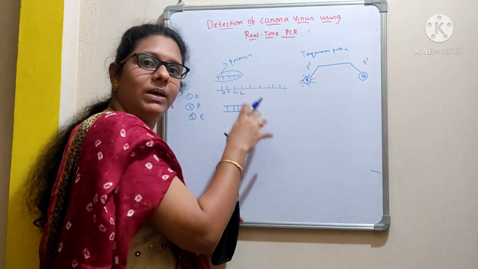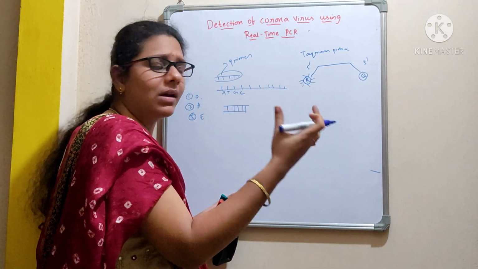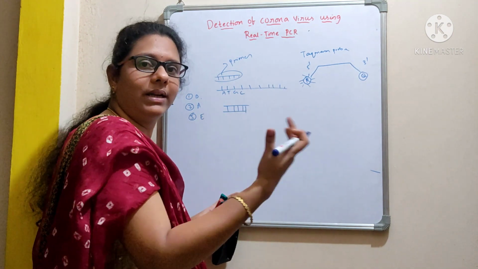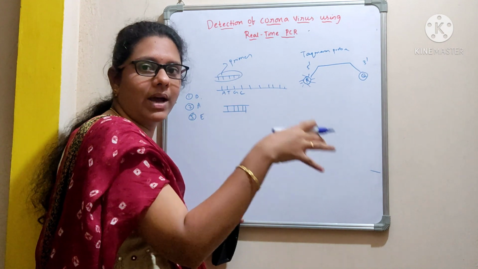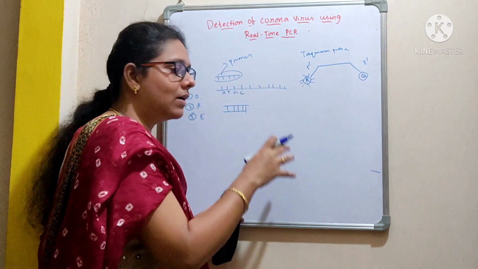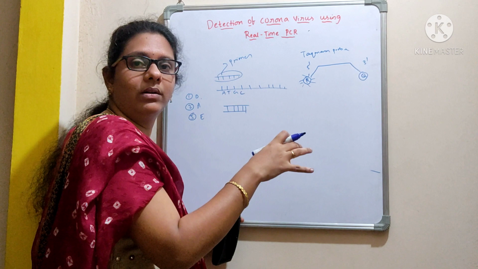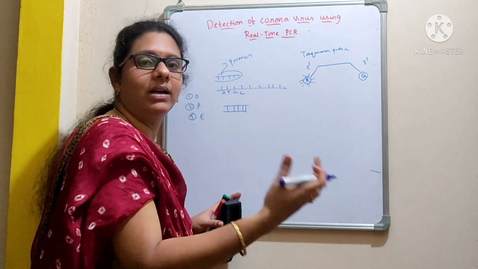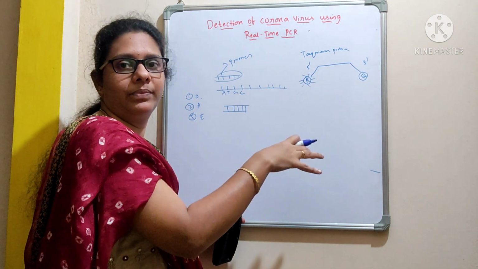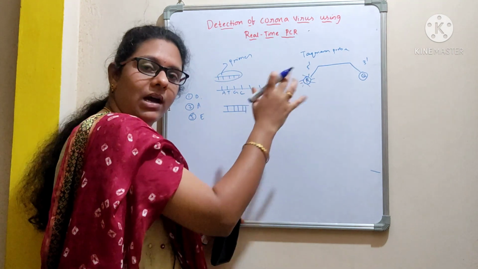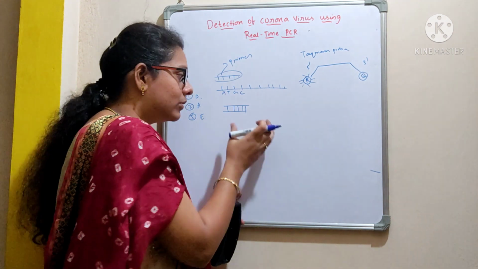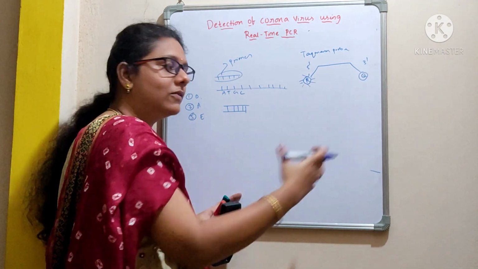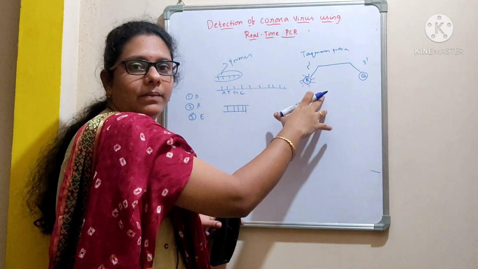Now this DNA is to be amplified, right? If a person has a low viral load, we cannot detect that small amount of virus. So once we isolate the RNA, we convert it to DNA, and that DNA is amplified in order to quantify it. Here, with the help of PCR, we amplify it. The DNA quantity increases with each cycle of PCR.